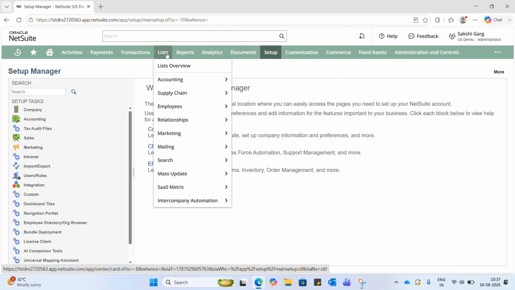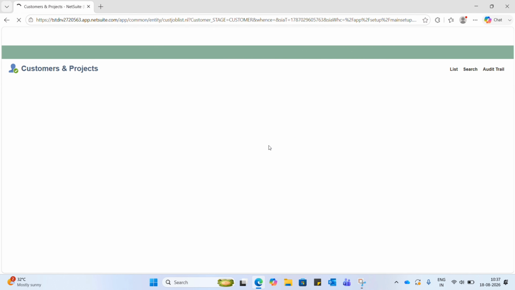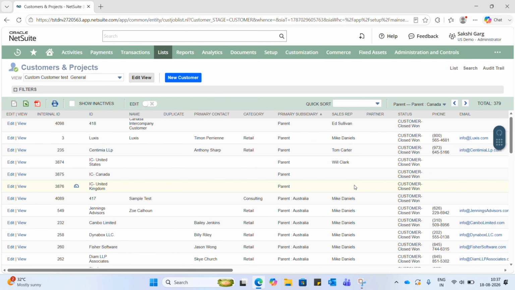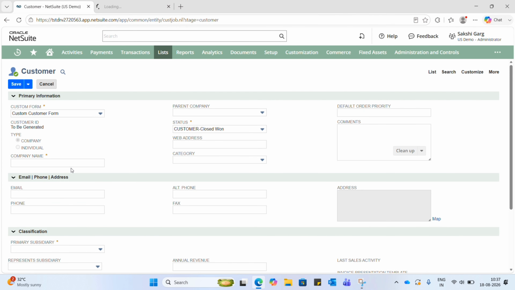So let me show you an example. For that you can navigate to Lists, Relationships, and Customers. So let's say we already have this email ID for that particular customer. You can click on new customer. Open this customer also in a new tab. Let's say give it the name test. You can paste the email ID which you have